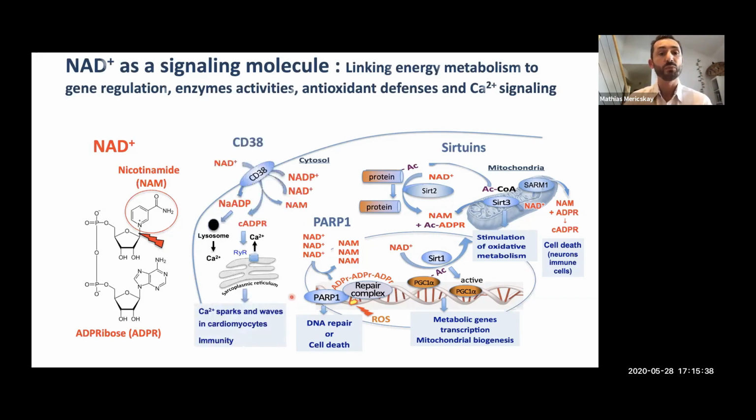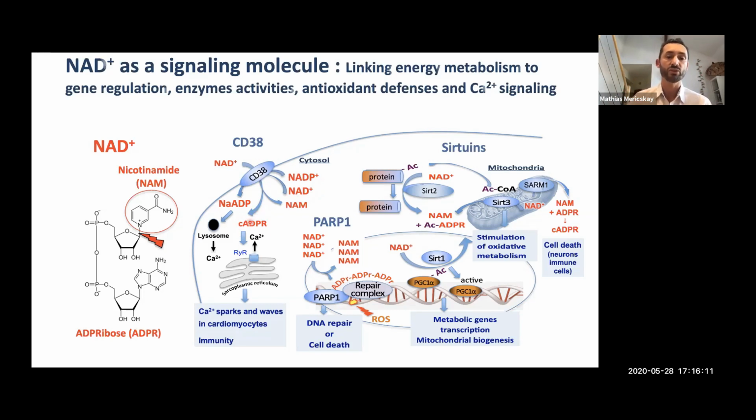And finally, there is one last enzyme which is called CD38, which is an ecto-enzyme at the cell membrane, which has been shown to use probably some extracellular pools of NAD+, which can occur in some situations. But more recently, it's been shown to be able also to use some of the intracellular pools of NAD and also of NAD+. It generates ADPR, and a percentage of it generates a cyclic ADPR,